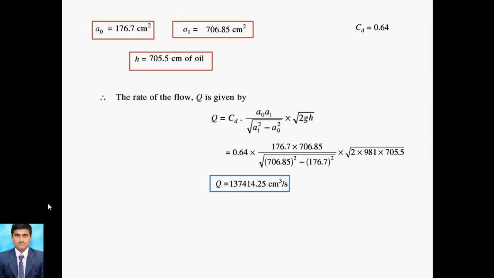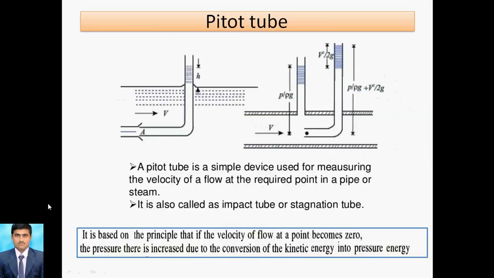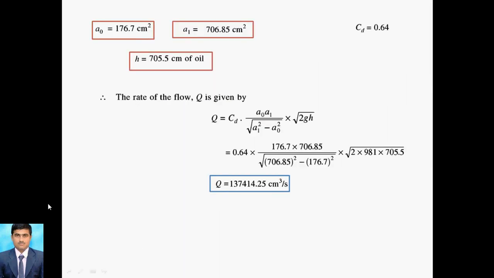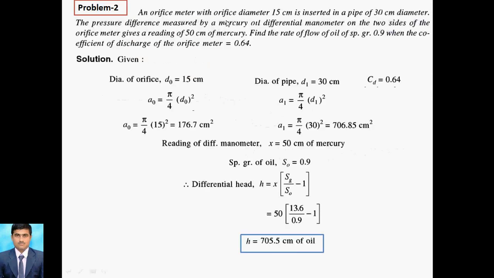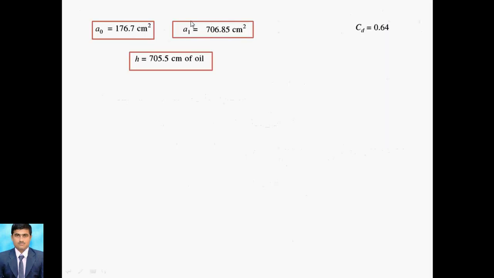So this is about the orifice meter. In that session, we discussed the orifice meter. Basically the orifice meter is based on Bernoulli's theorem. After simplification, using Bernoulli's theorem and the coefficient of contraction relation, we proved the Q actual formula. And after that, we discussed in this session numericals for the orifice meter.